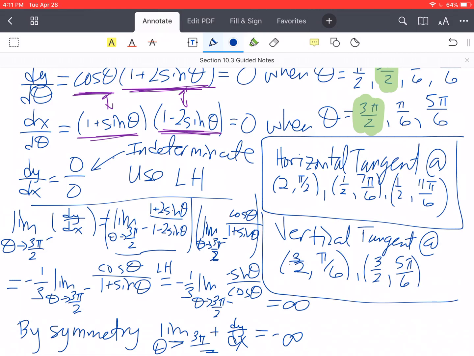Remember, these are the slopes, right? So as we come from the left on the cardioid, we're heading towards positive infinity. As we leave it from the right, we're heading towards negative infinity. So this gives us a vertical tangent, right? It's purely vertical, heading towards positive and negative infinity. So we can go ahead and add it to our list of vertical tangents. So it turns out it's not a horizontal tangent. It is just a vertical tangent. So that gives us the point 0, 3 pi over 2 is also where a vertical